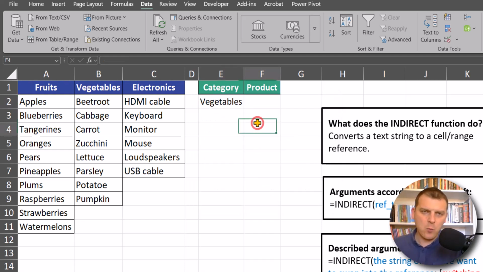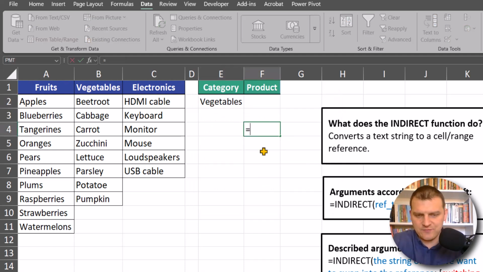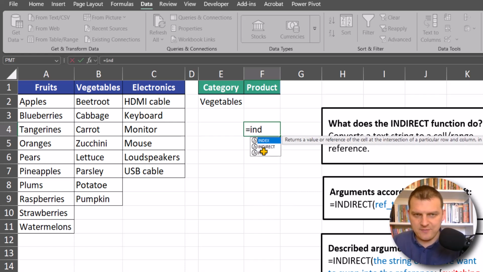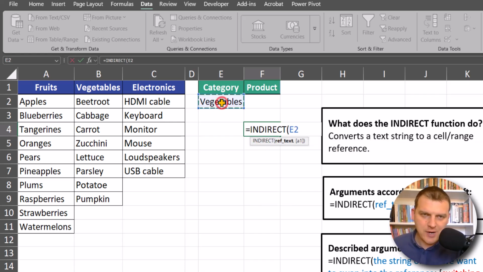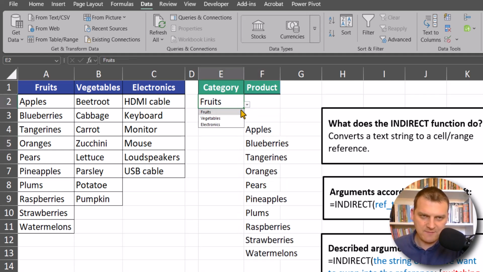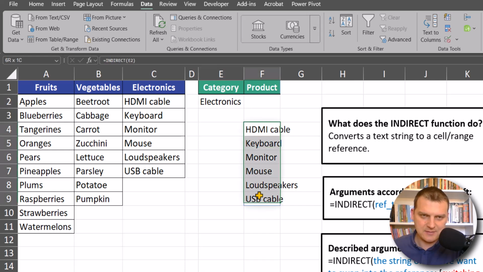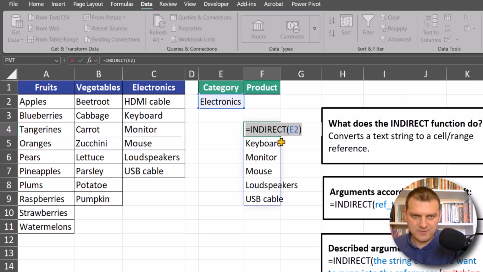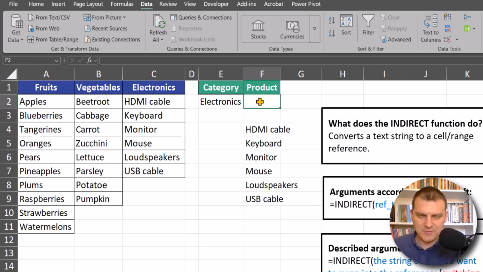And thanks to that, we can just write the INDIRECT function here and refer to this cell with the first list, and we can see when I'm changing the value on the first list, the values that are returned by the INDIRECT function properly change. Now we have to just copy this formula, Ctrl C,